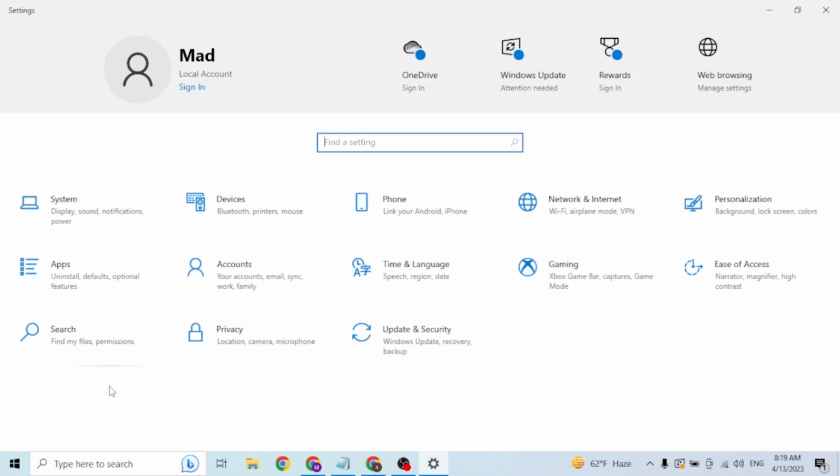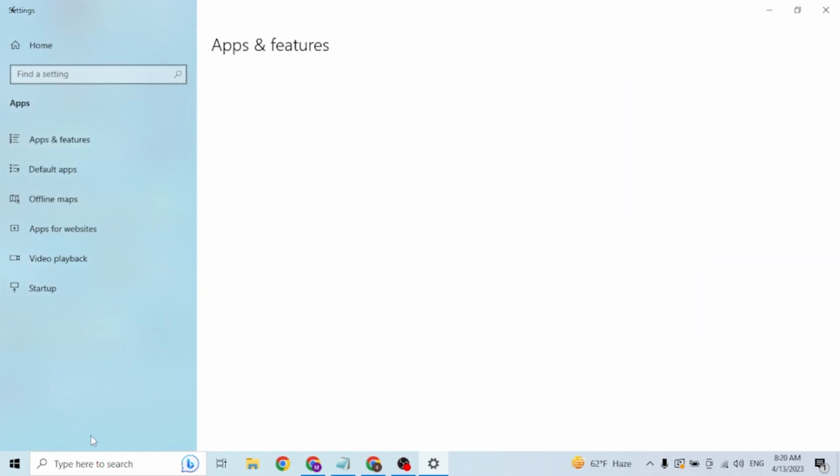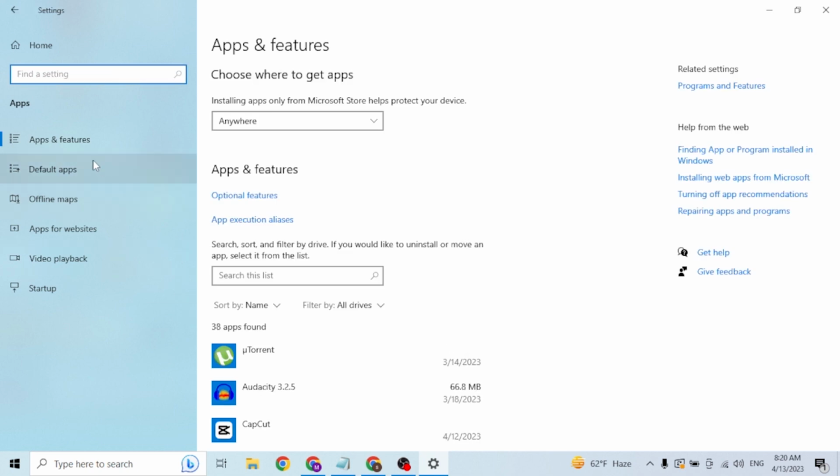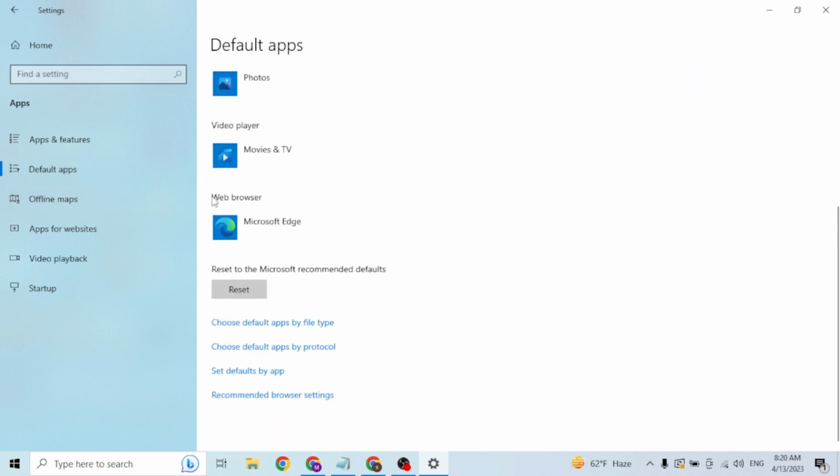And over here, guys, you can spot the apps option, or the app tile, just below the system. Click on apps, and over here, guys, on the left panel you can see there is the option available for default apps, just below apps and features, which is the second one. Click on that, default apps, like this, and over here, guys, scroll down and you can see the web browser